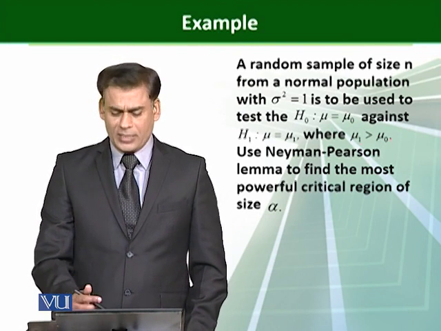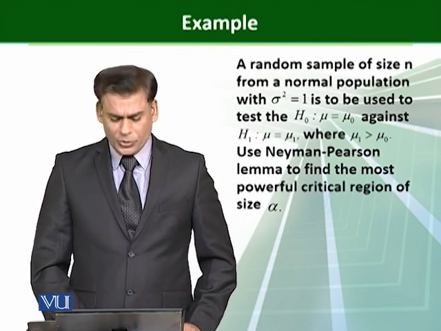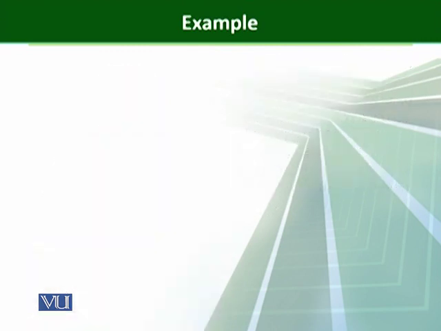So use Neyman-Pearson's lemma to find the most powerful critical region of size alpha. So how do we proceed for this one? First we have to write down the likelihood functions under the null and alternative hypotheses. The likelihood function under the null hypothesis, which I represent as L naught, is, for the normal distribution with sigma square equal to 1, 1 over 2 pi raised to power n over 2 into e raised to power minus 1 by 2